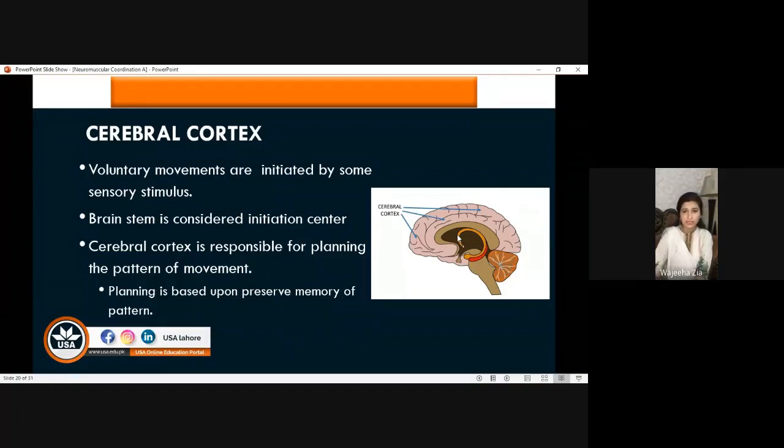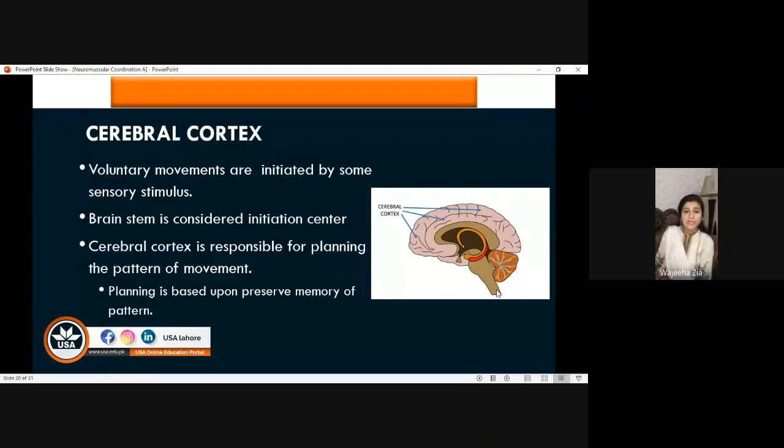The brain has different parts. The one is the cerebral cortex. The second one you can see here, the red part, is the cerebellum, the smaller one, but this is the coordination center. The cerebral cortex is the planning center, and the cerebellum is the coordinating center. Okay? So these will integrate with each other.